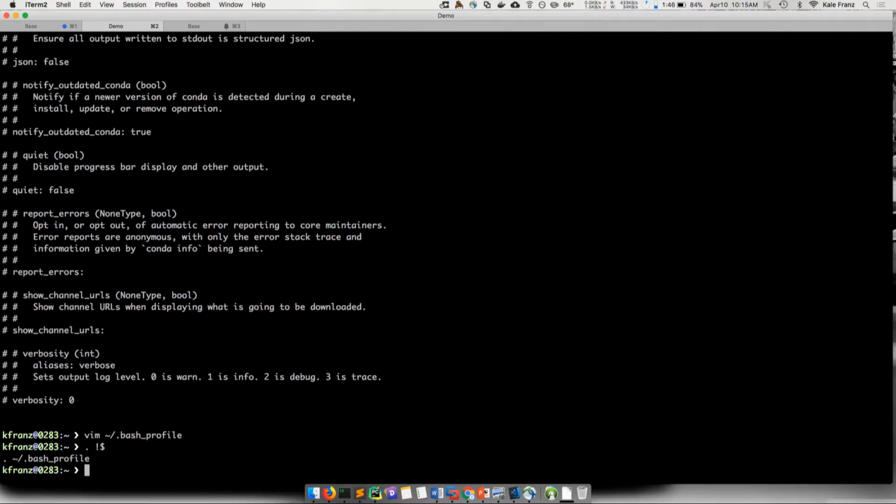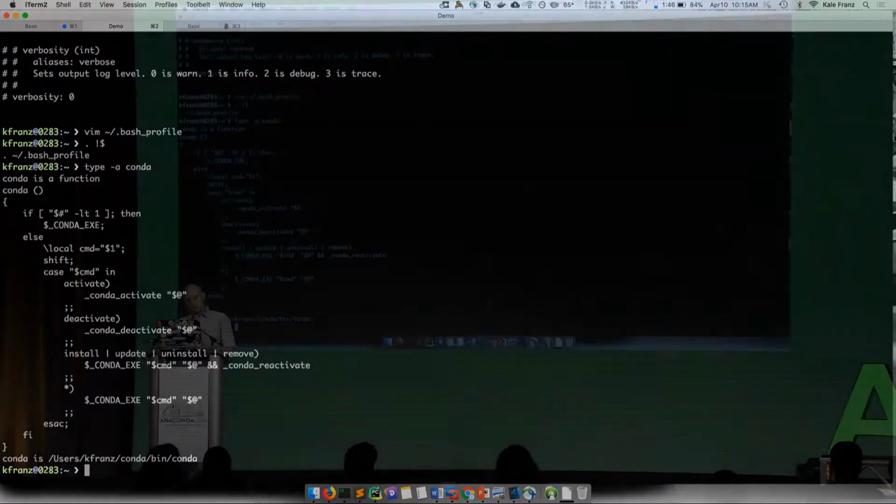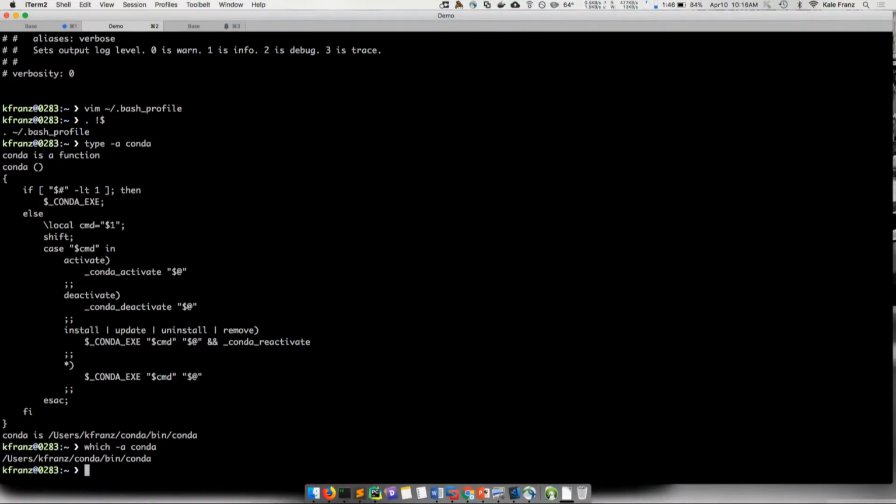All right. Now conda's, if I did this right, conda's actually a shell function. How do I know that conda's a shell function? There's a handy command called type that, when you run it, do you guys know what which is? Figuring out how path resolution works. I want to go over this a little bit. Which finds all the, or which -a finds all the executables on your path.